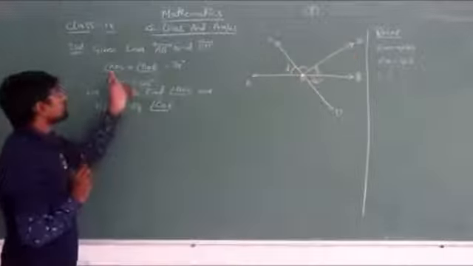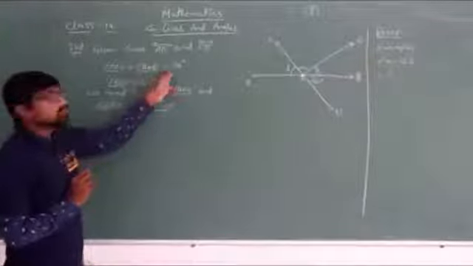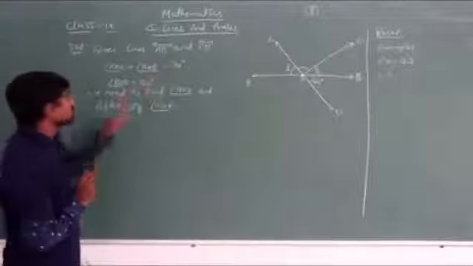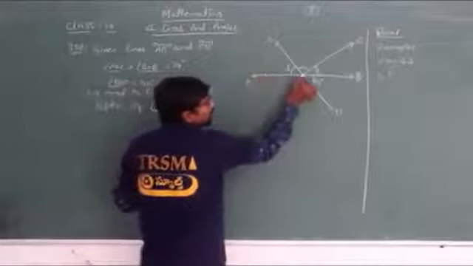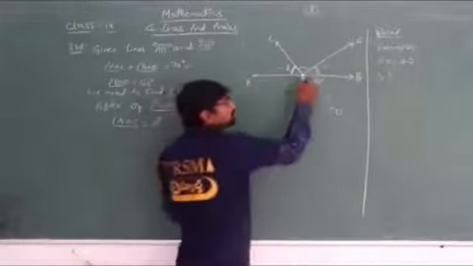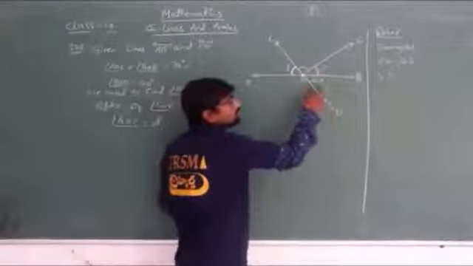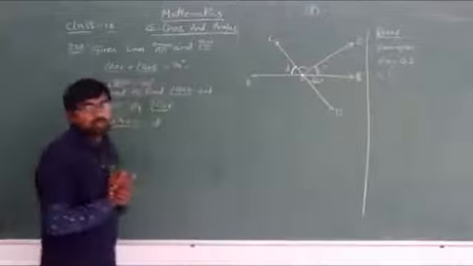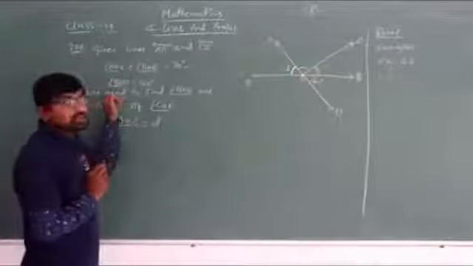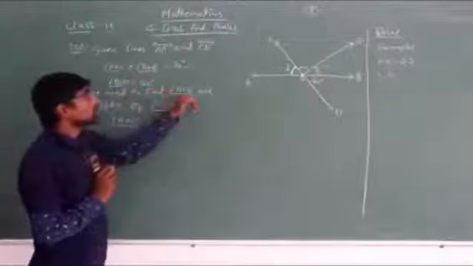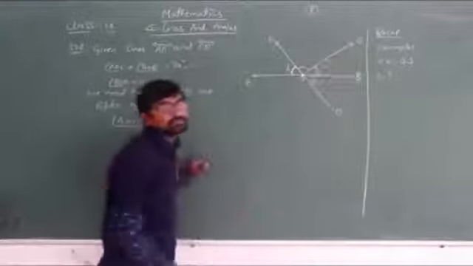Again, what is given is that angle AOC plus angle BOE is equal to 70 degrees. You can see angle AOC, this is the angle AOC. Here it is BOD. Angle BOD is 40 degrees, as given in the question. Now what we need to do is find angle BOE. We don't know this angle.